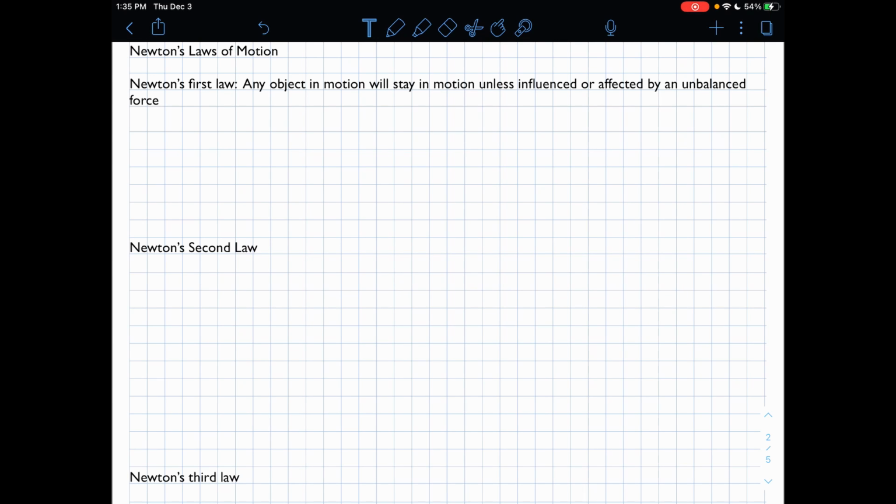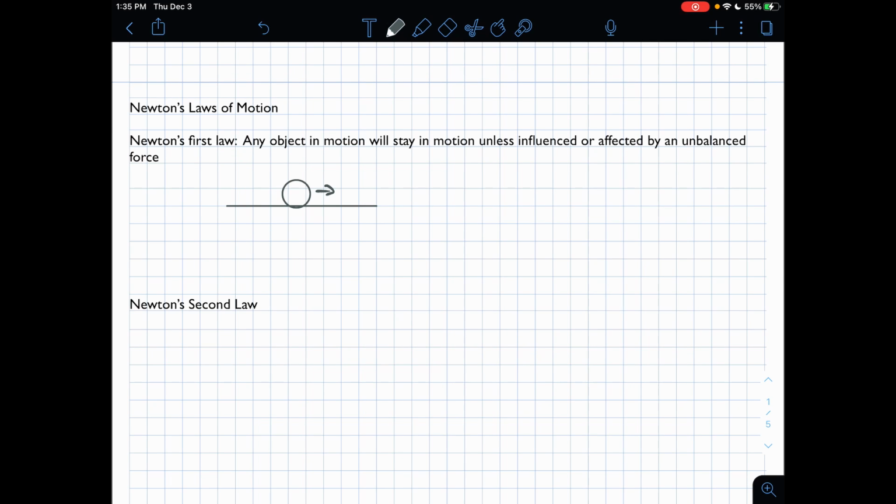A good way of looking at this is to think of an object that's just sitting on a table. So let's say this ball here is just chilling on a table. It's not going to move anywhere unless you use some force to move it. So let's say you push it, then it will start to move. And aside from the friction on the table, it will actually keep on moving with the same velocity that you